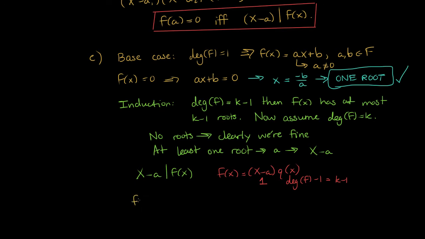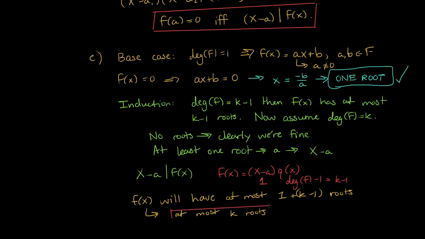Therefore, we can say that f of x will have at most 1 plus k minus 1 roots, where the k minus 1 at most is coming from the inductive hypothesis. And this is, of course, the same as saying k roots, at most k roots. I guess we can write this all out: at most k roots. This is our crucial result, and it's going to come in handy on the next part of the problem